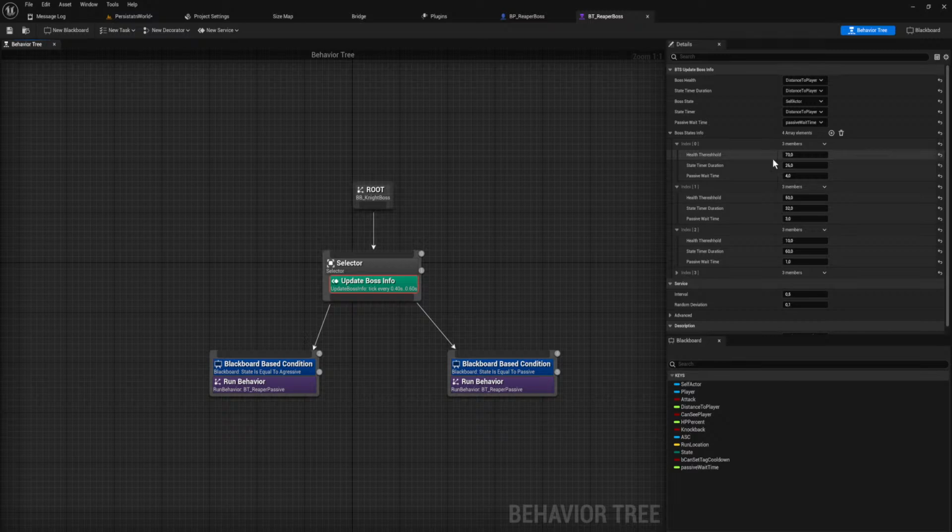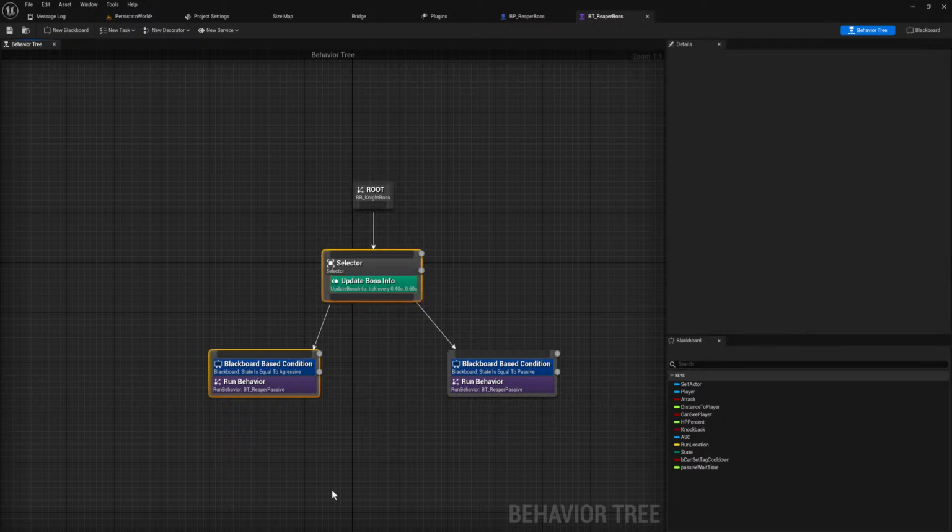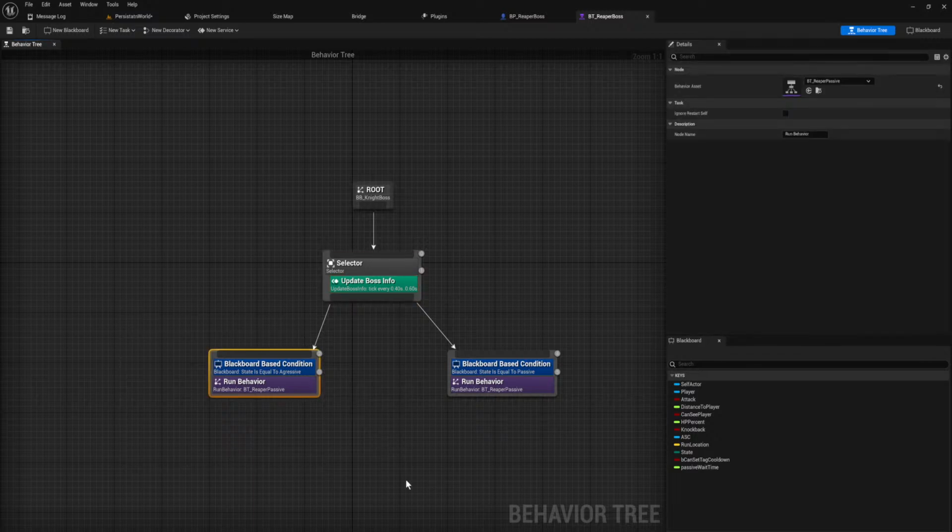Making just one thing that updates the boss info X amount of time per second, and then based on that is going to change between an aggressive behavior tree and a passive behavior tree. So we've got a behavior tree running different behavior trees. That's the whole idea, to simplify things a little bit compared to how we've been doing it so far, which has been a mess, to put it lightly.